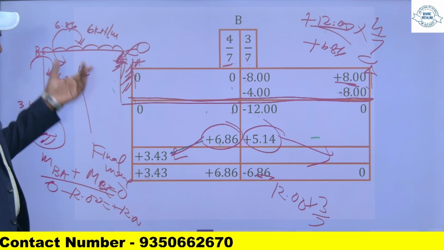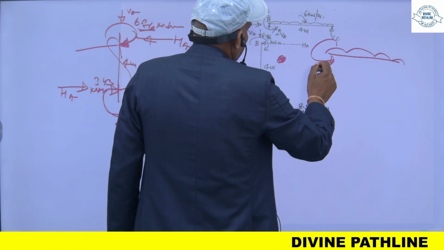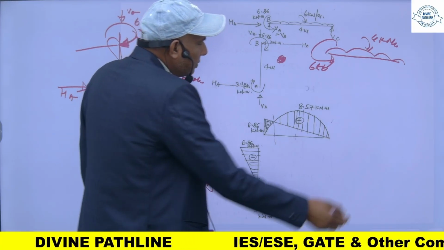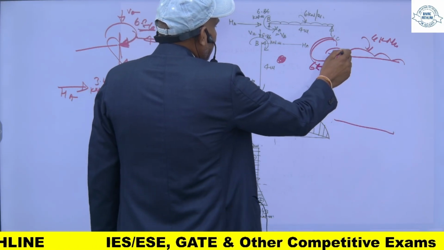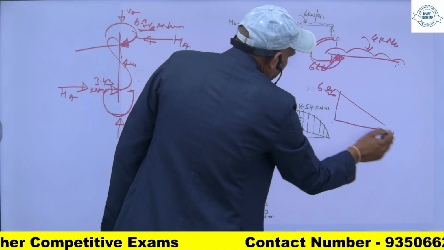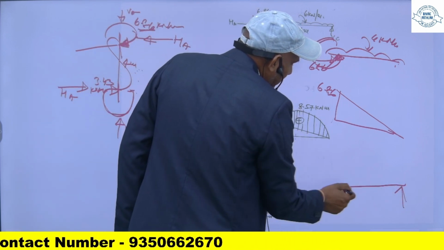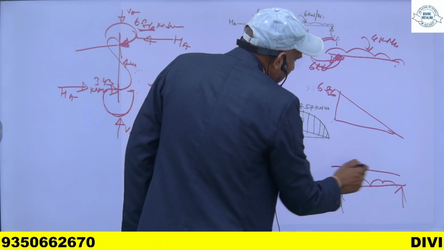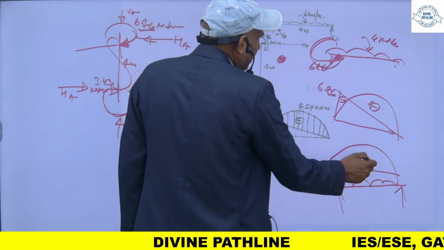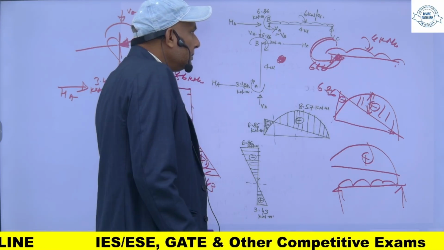सिमिलरली इस मेंबर को जब मैं देखता हूं, इस पोर्शन के लिए, BC के लिए, इस तरह से ये मेरा फ्री बॉडी डायग्राम होगा। BC के लिए ये मोमेंट मेरा 6.86 है और ये 6 किलो न्यूटन मीटर है। इसका डायग्राम ड्रॉ करने के लिए ये एरो इसको इस डायरेक्शन में, डायरेक्शन ऑफ द एरो ऊपर की तरफ है तो आप ऊपर की तरफ जाएंगे 6.86, और यहाँ मोमेंट 0 है तो इसको ऐसे मिला देंगे। इसके ऊपर ये जो यूडीएल है इसका मोमेंट, अगर इसको मैं सिंपली सपोर्टेड लेता हूँ तो इसका मोमेंट कुछ इस तरह से आएगा। तो इस मोमेंट को मैं इसके ऊपर सुपर इम्पोज कर दूंगा तो ये नेगेटिव हो जाएगा, ये प्लस हो जाएगा क्योंकि ये सैगिंग है। और जहां ये वैल्यू क्या आएगी ये हम निकाल सकते हैं। तो दिस इज हाफ ऑफ